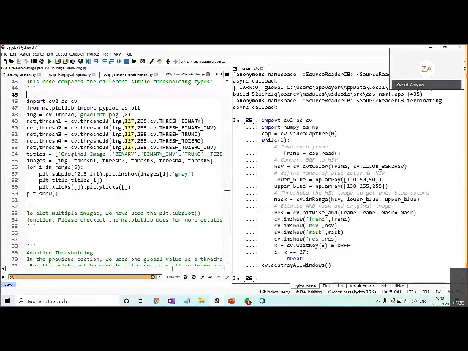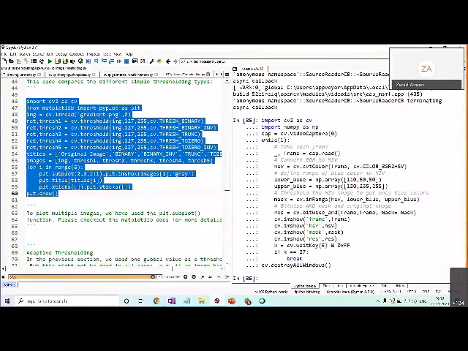Details we can see in the documentation. Then we are displaying it through matplotlib. We are creating a plot with various images and their titles. Our plot is a 2x3 plot, in which we display the thresholded images.